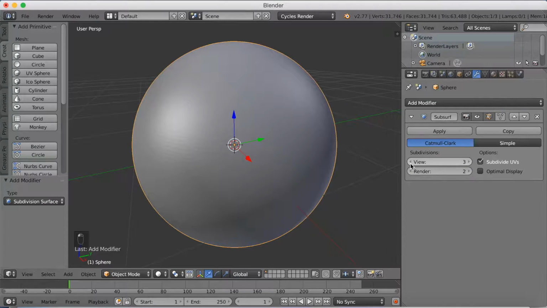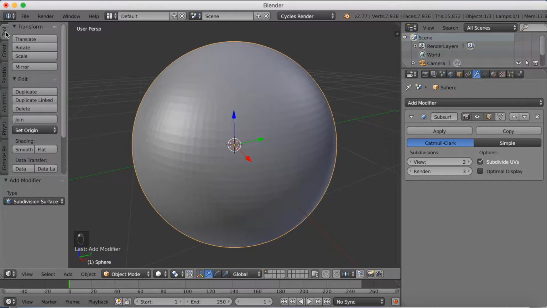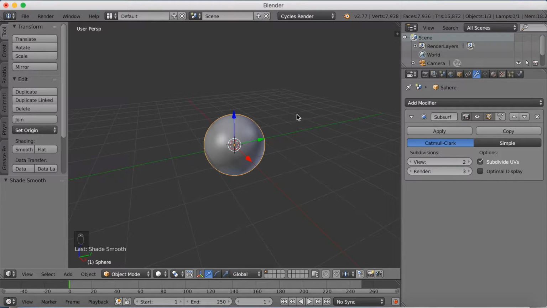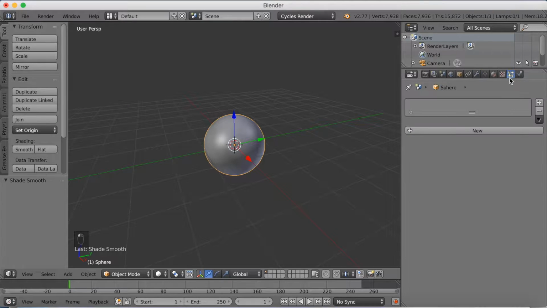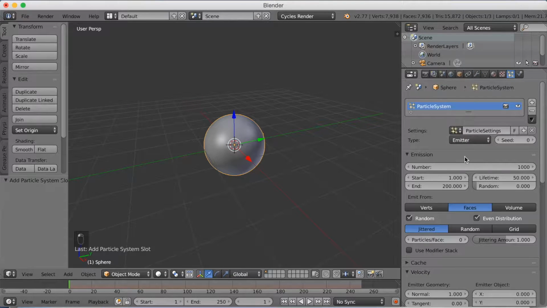or even more if you want to, and increase it more on the render subdivisions. And then you want to go into smooth shading, and as you can see we now have a completely smooth and subdivided sphere. We will add some particles and make the number of emitted particles